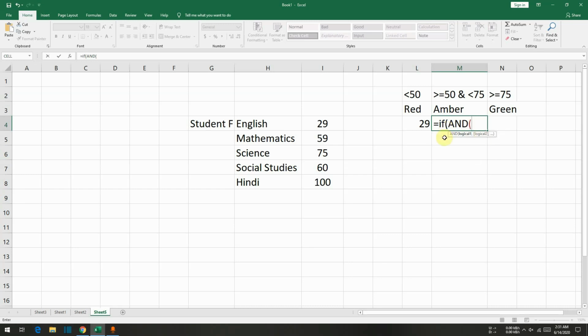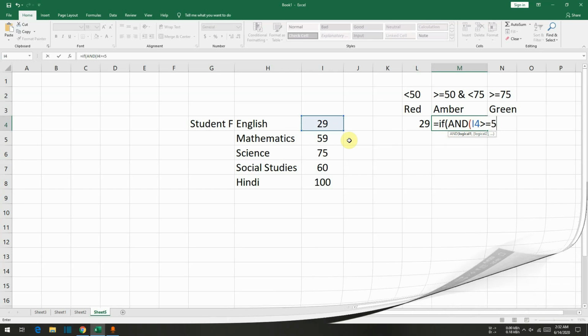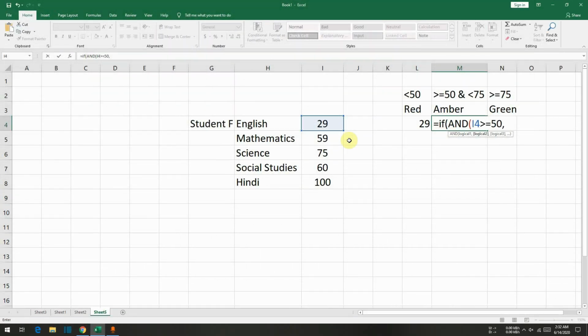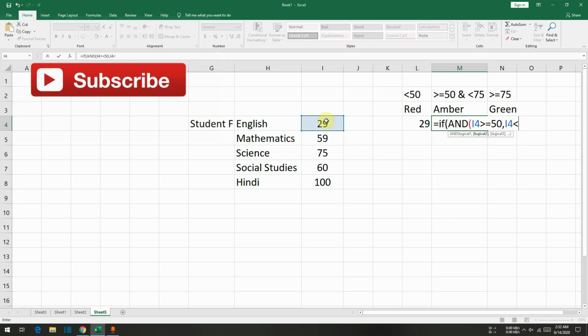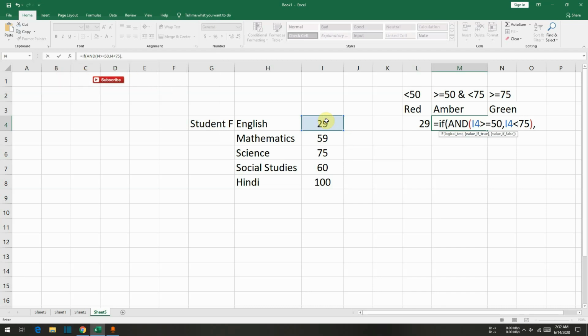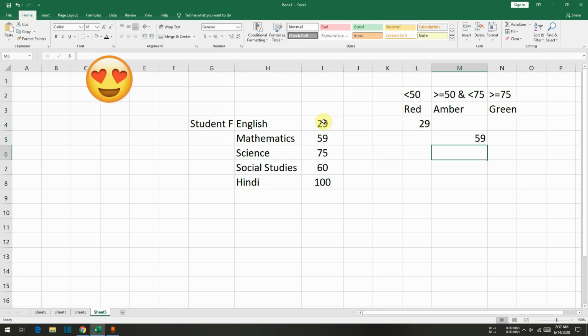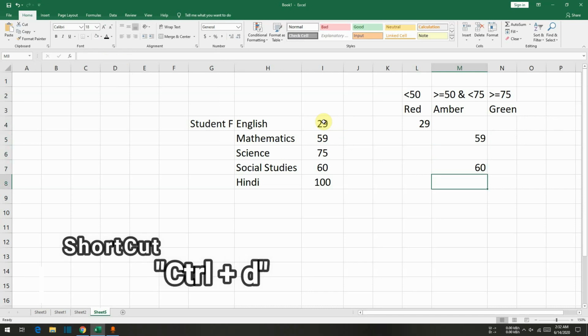If AND this number is greater than or equal to 50, second condition, if this number is less than 75, then show me this number. Otherwise, give me blank cell. Alright, Control D, Control D, Control D and Control D.